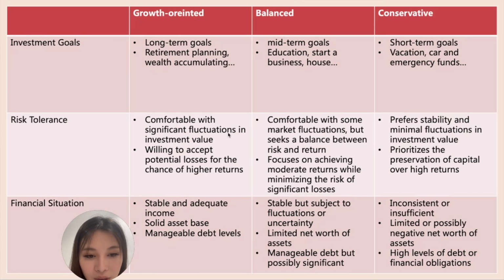This is ideal for those with stable income and manageable debt level, as they can handle potential losses while pursuing higher returns. A diversified portfolio with a significant allocation to equities, growth stocks, or real estate can provide substantial growth